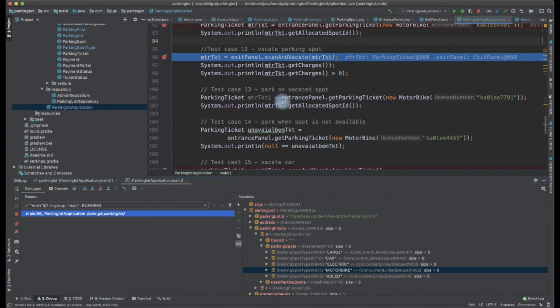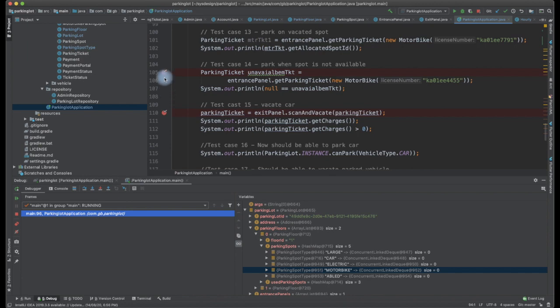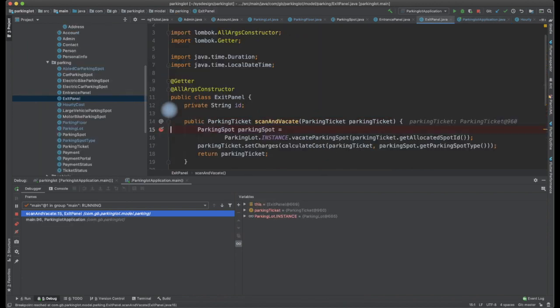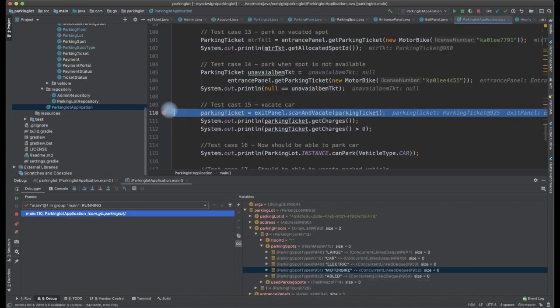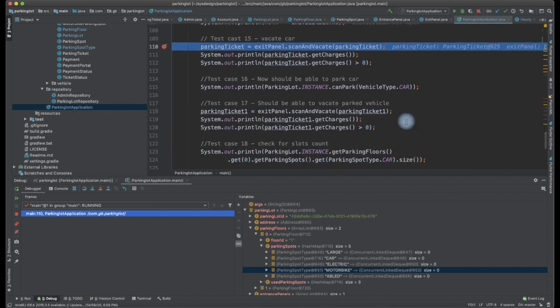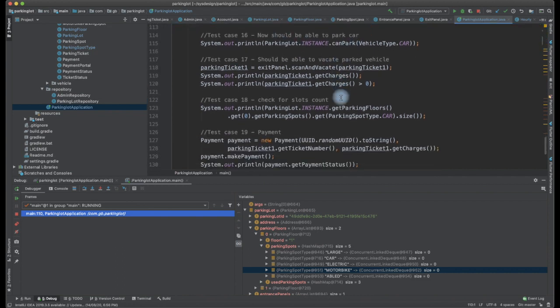Now we will test other test cases, as we should not be able to get a parking spot for other vehicles. We are trying to park another motor vehicle here, and we should not be able to get the parking spot. You see, this is unavailable. Unavailable should be null, because we have only one parking spot that is used for a different vehicle, and this is 0. If you see, the inventory is updated at the bottom to 0. Now we can check whether we can park a vehicle after using all the parking spots. Those are the test cases that we are trying to do here. We should not be able to.